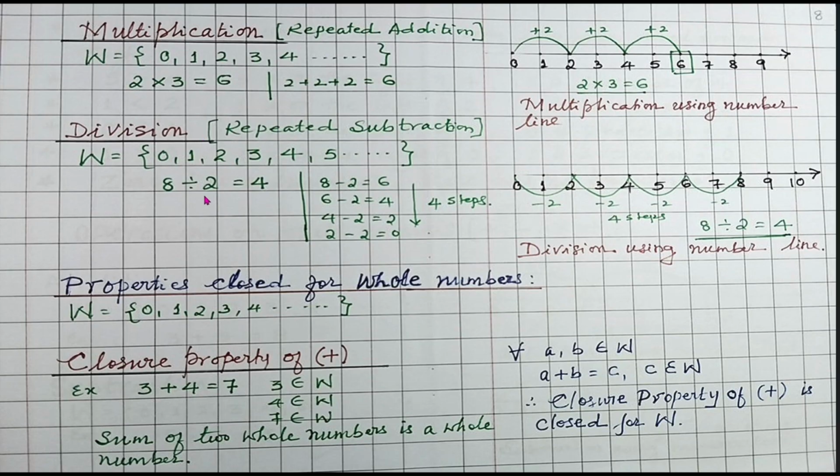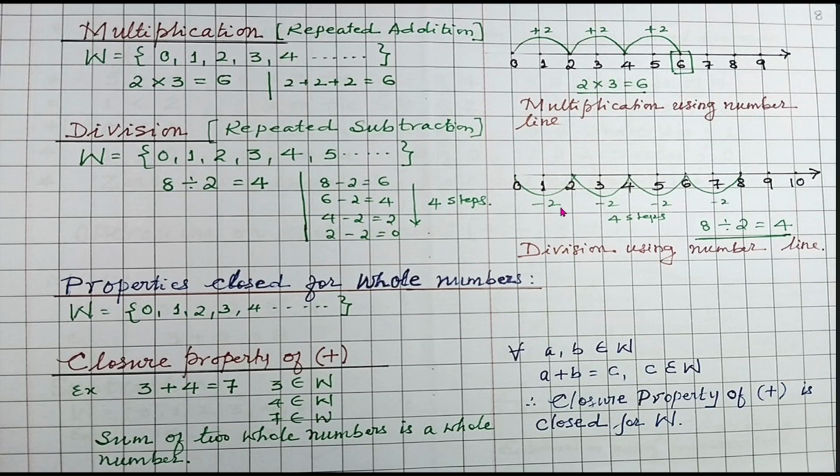Division of two whole numbers is again a whole number provided the 8 is greater than 2. Otherwise division is not possible for a set of whole numbers. Now what is division? Division is repeated subtraction. When I divide 8 by 2, it means that I am subtracting 2 from 8. 8 minus 2 is 6, 6 minus 2 is 4, 4 minus 2 is 2, 2 minus 2 is 0. I have gone 4 steps down, and therefore 8 divided by 2 is equal to 4,